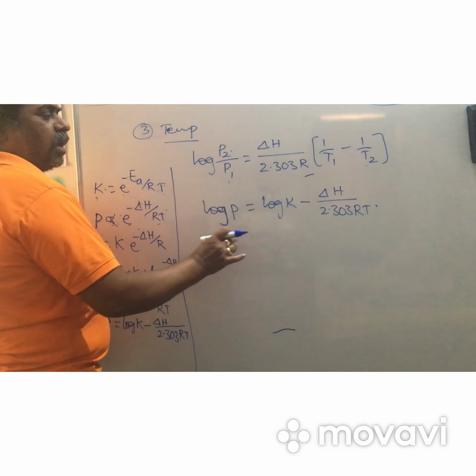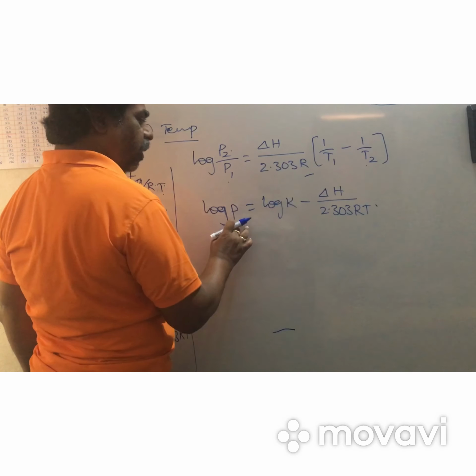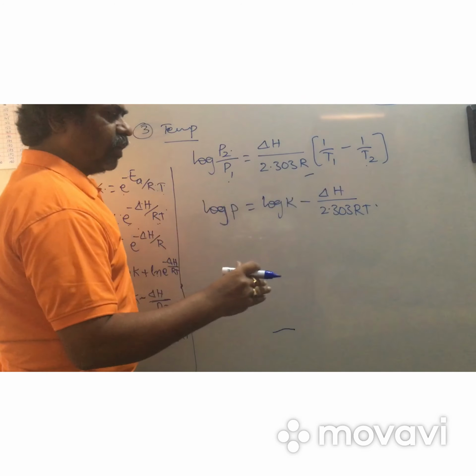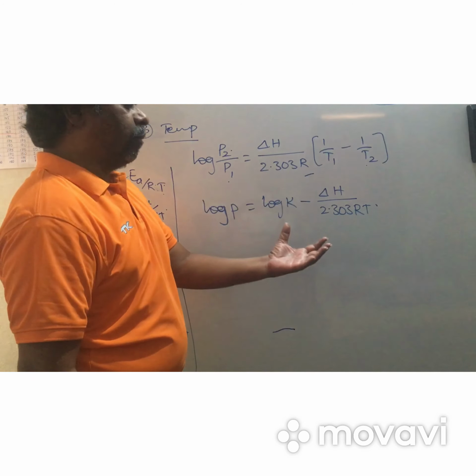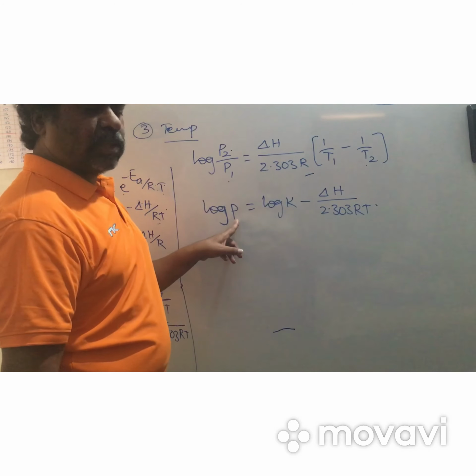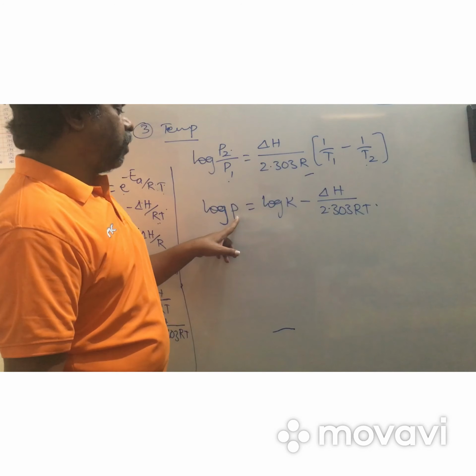Two equations are taken. At temperature T1 the vapor pressure is P1, and at temperature T2 it is P2. The liquid is the same, so the heat of evaporation is constant for the same liquid. Only the liquid solution is the same. At temperature T1 the vapor pressure becomes P1, and when the temperature is changed to T2, the vapor pressure becomes P2.